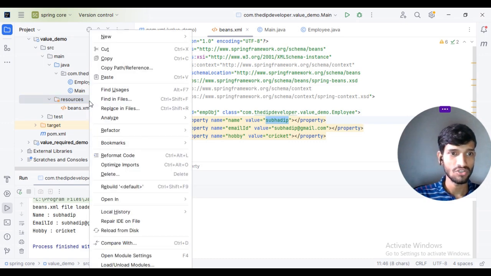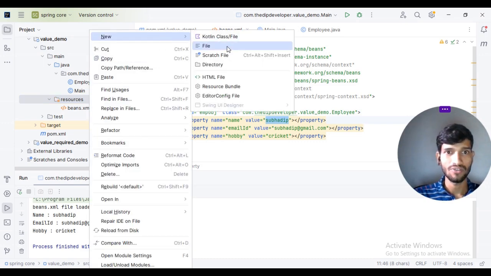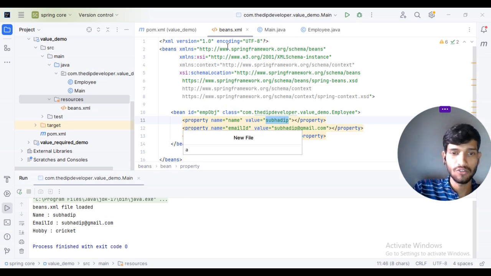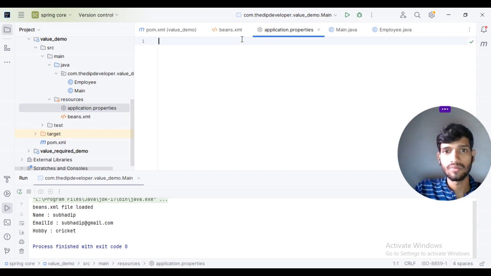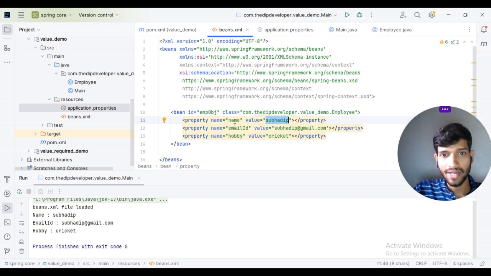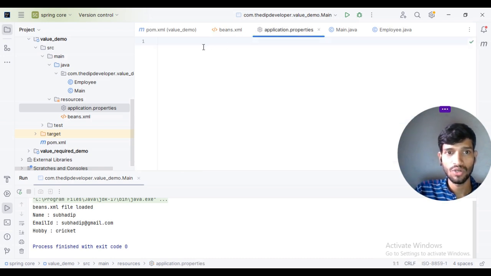So we'll go to this resource folder and click on file. I will add a new file called application.properties. So I have created application.properties file. Now I will add the values for name, email ID, and hobby. So let me do that. This name belongs to the employee, so I'll do employee.name. I'll put as Suvo,